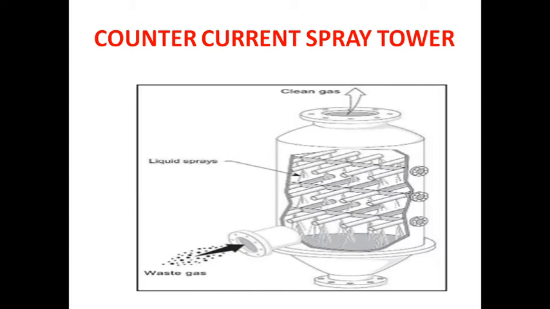So the liquid droplet must be large enough not to be carried out of the scrubber by the scrubbed outlet gas stream. Are you clear? Okay. So in this tower, nozzles produce droplets nearly 500 to 1000 micrometers in diameter, whereas other types of scrubber like Venturi scrubber have a droplet diameter of 10 to 50 micrometers. Compared with that scrubber, this tower has a larger droplet diameter. Are you clear or not?